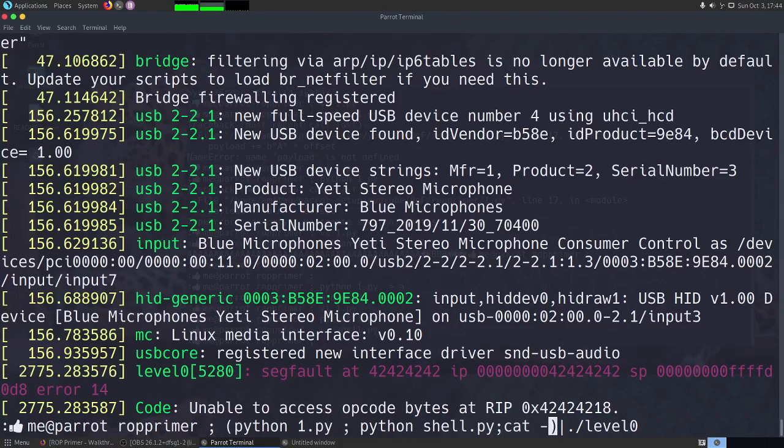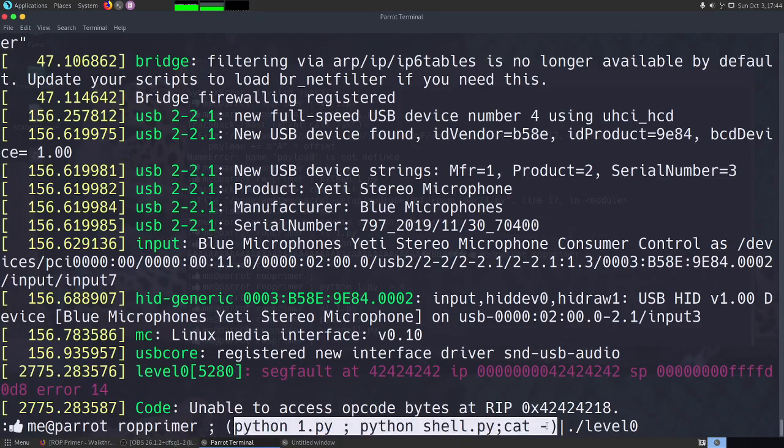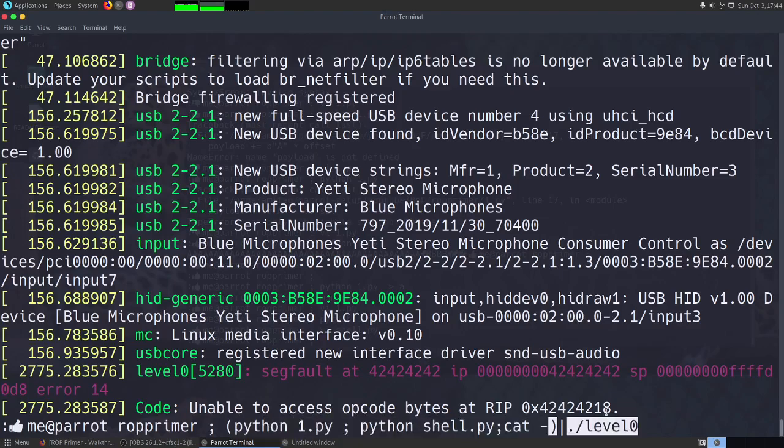This cat minus is to keep the stdin open. As you are aware, if you pipe some input to a program, then stdin is closed as soon as the input from the first command is over. What it means is that as soon as this command ends its input, the stdin for level 0 will be closed. We want the stdin to be open so that we can interact with it.